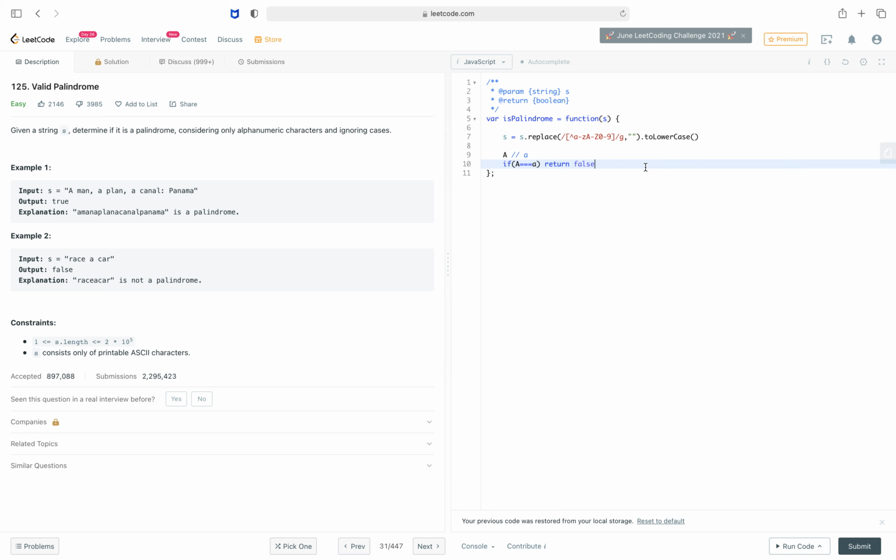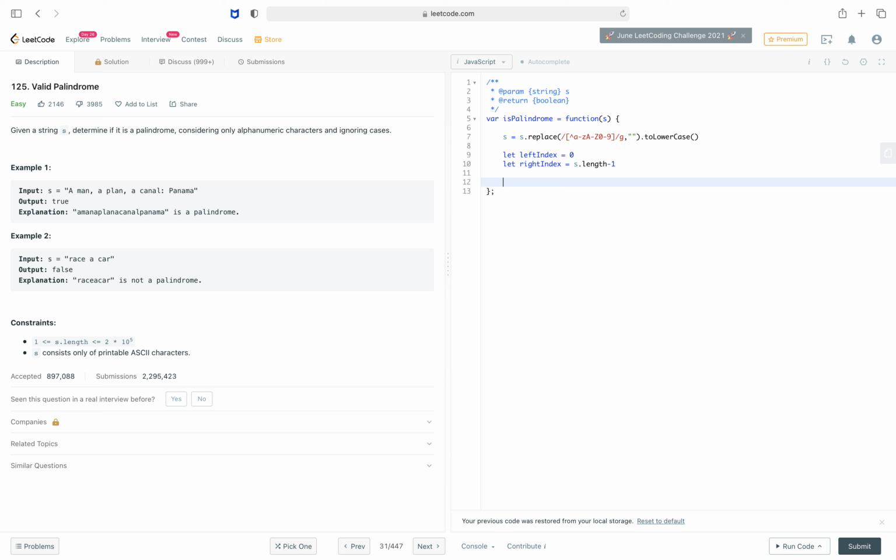Now let's start comparing if the string is a palindrome or not. Let left index start comparing from 0, and the right index is going to be S dot length minus 1.